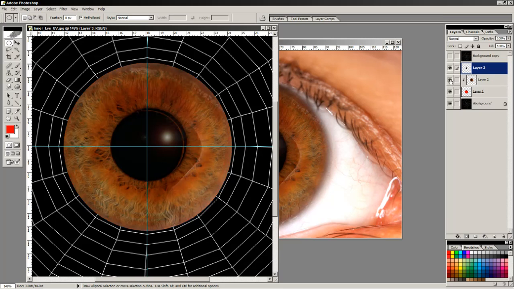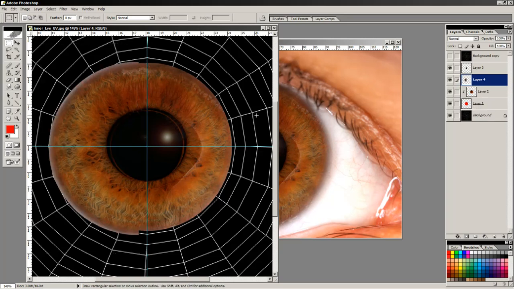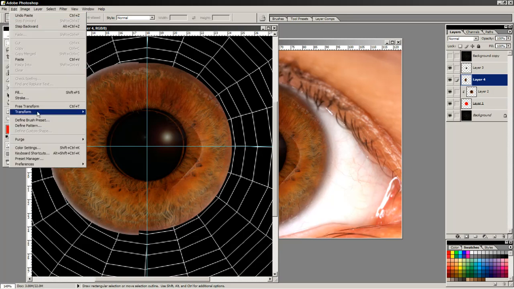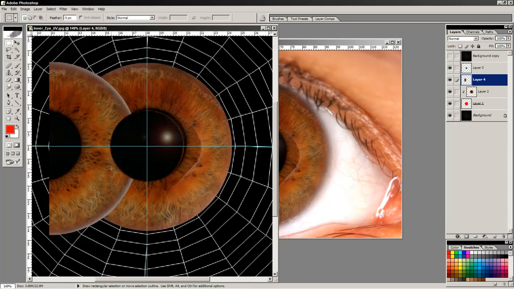So that's good to go. As you can see, it's a little bit skew. So what we're going to do now is select the marquee tool, the rectangular version, and cut that part clean in half. Again, we're going to do Control C, Control V for copy paste, and then I'm going to go to edit, transform, flip that horizontal,